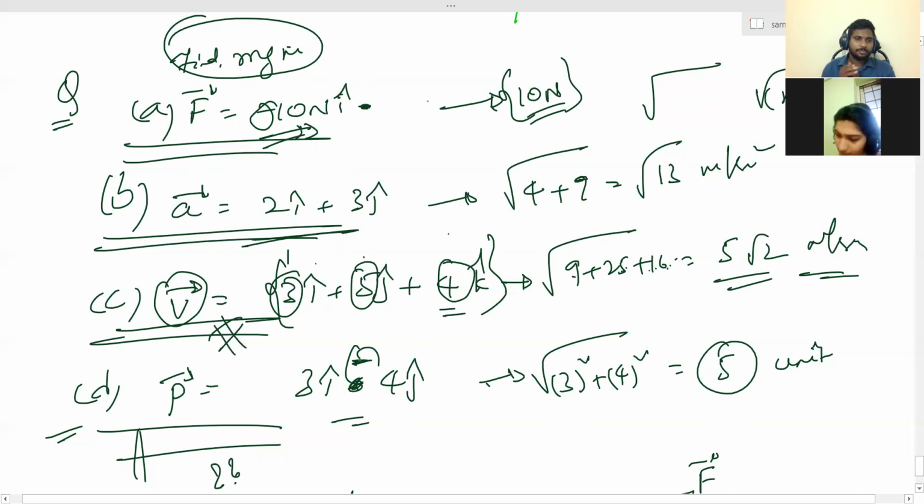No, you don't remember? No, sir. You gave some random vectors, sir. For that magnitude. But this can be any other vector also. Don't worry about it. This velocity can be 10 i cap, sorry, 5 j cap plus 12 k cap also. At that time, this vector magnitude will become root over 10 square plus 5 square plus 12 square.